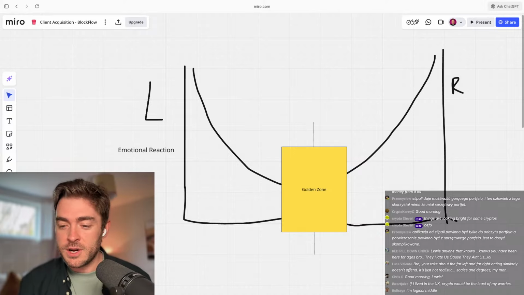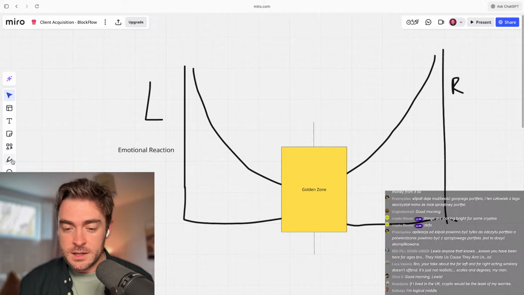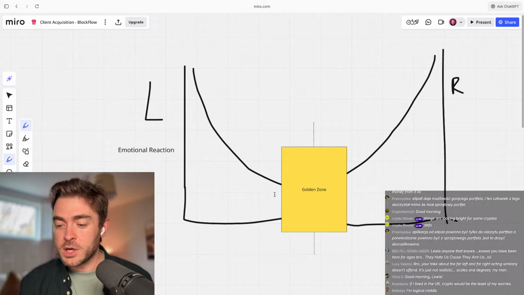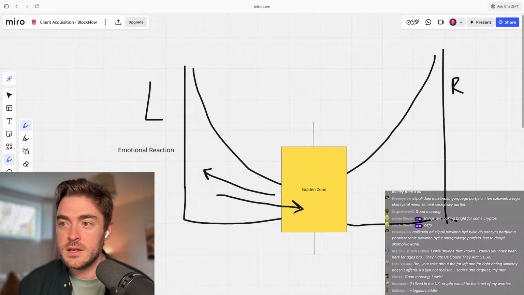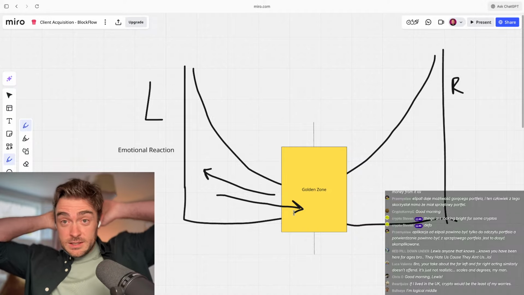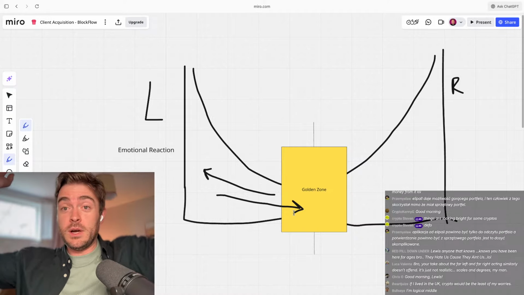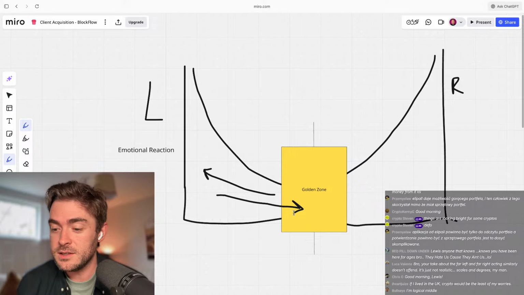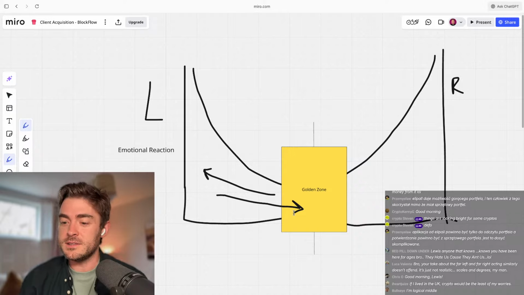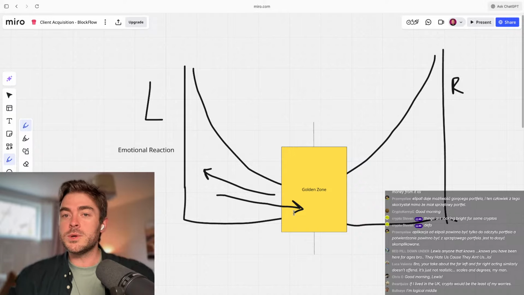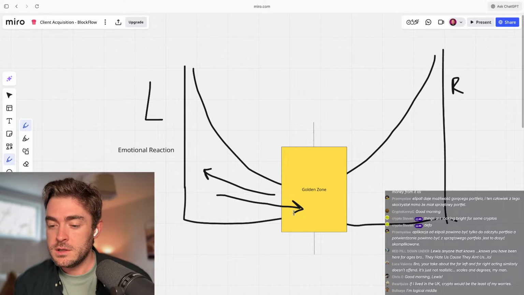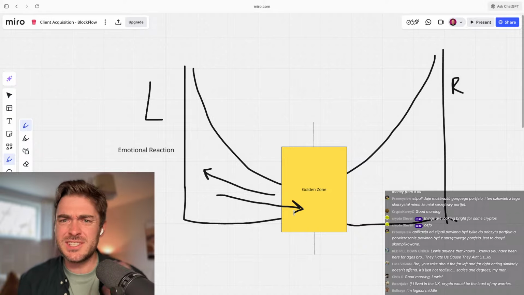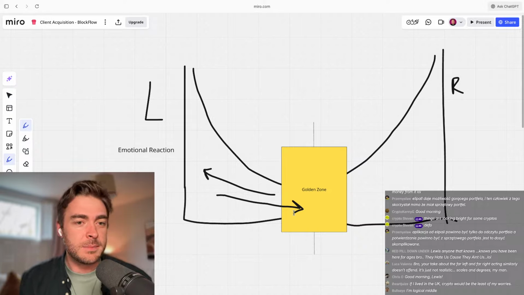I do think there is a correlation between, the further away from the golden zone you are, the less rational you are. And the closer to the golden zone you are, the more rational you are. I don't think that's controversial. I just think that's human nature. So I think that's natural. When you get the extremes, you also get extremes in emotion, an emotional response. I just see that. That's observable reality. I just see that playing out, that exists.